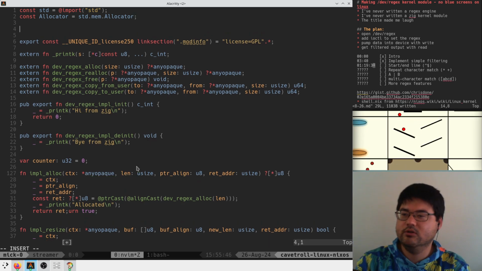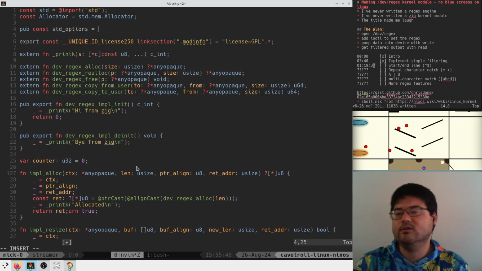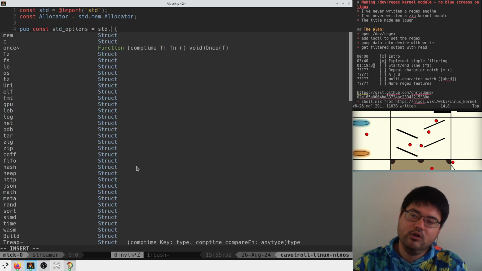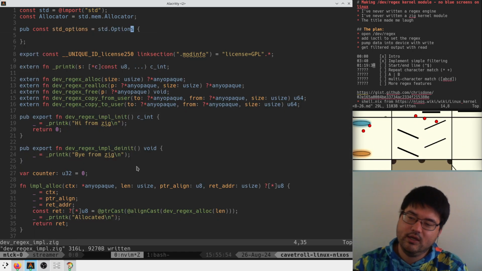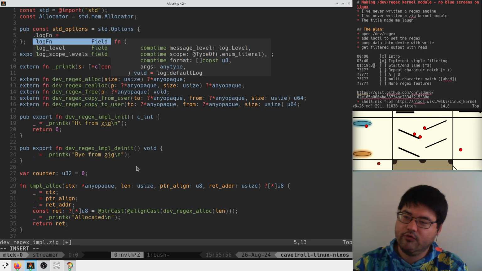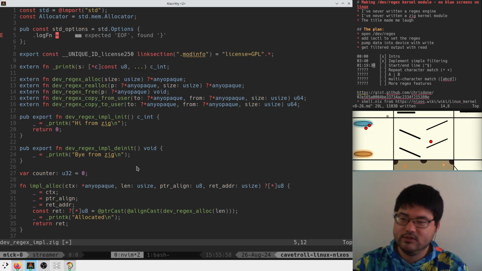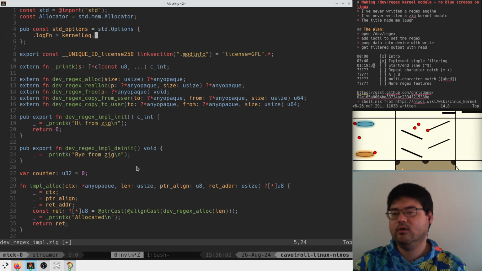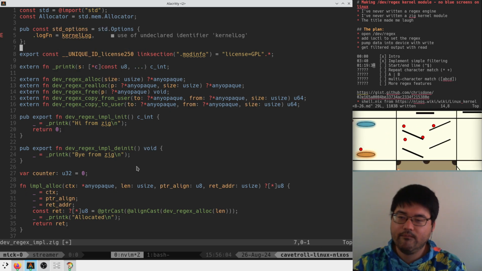So here I can just do pub const std options equals struct, like equals std options, and then we can do log function is equal to something, kernel log or something, right? And then we can do like,